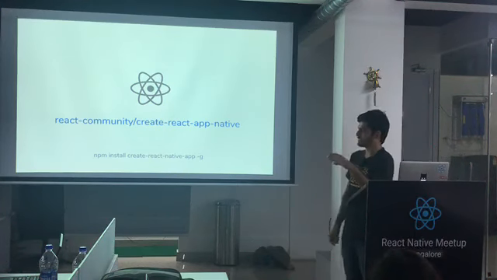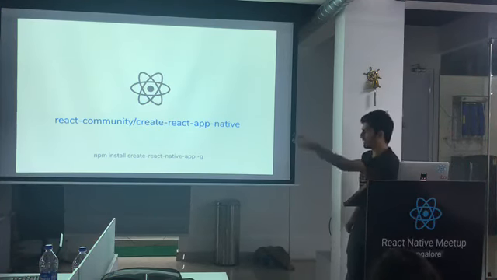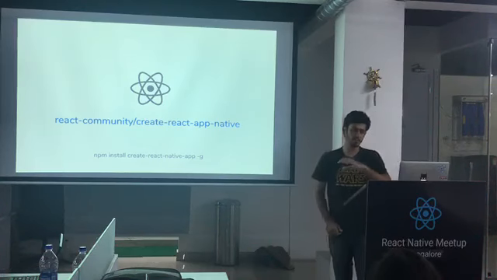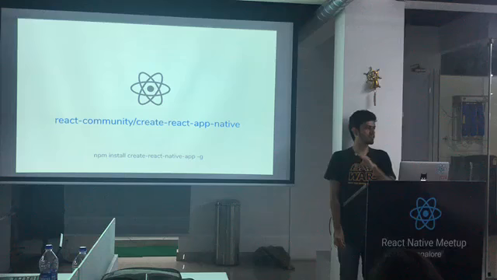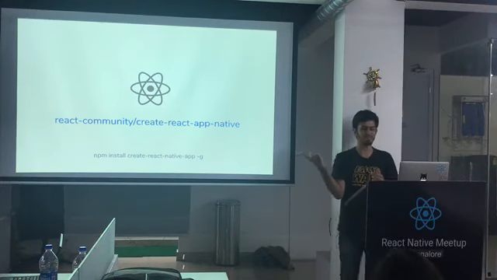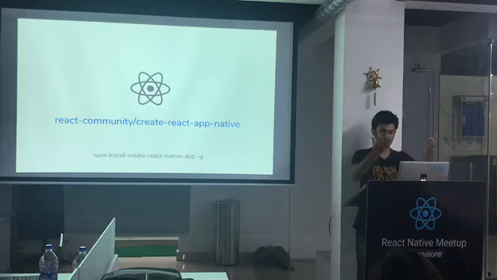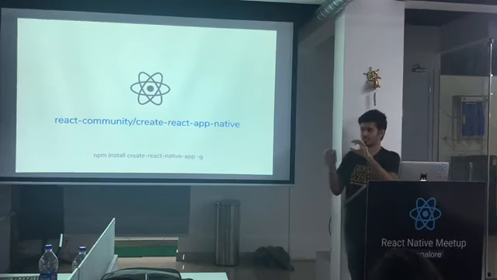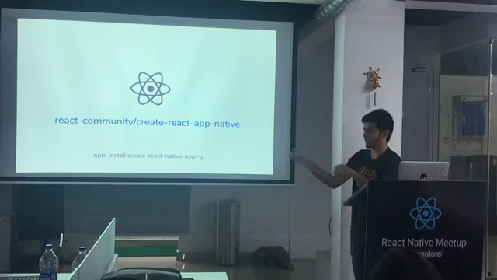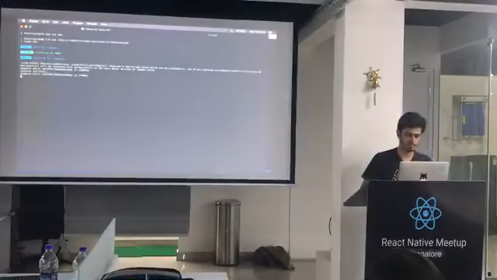And how you do that is you do npm install -g, which is for global, and then you say create-react-native-app. Is CRNA actually a thing they already have? Because this is way too much to type, right? So anyways, you type create-react-native-app without typos, and then you mention your app name, right? So let me show you how that works.